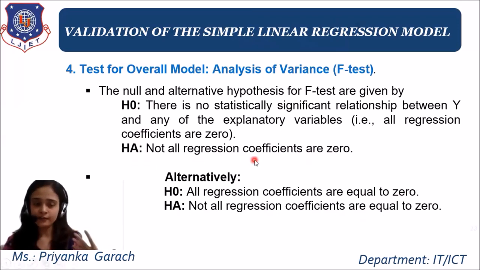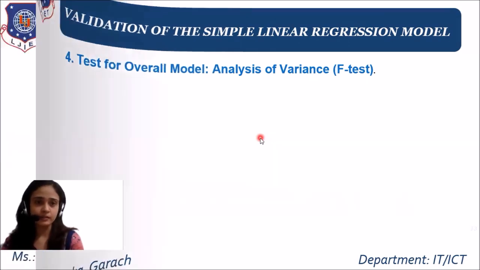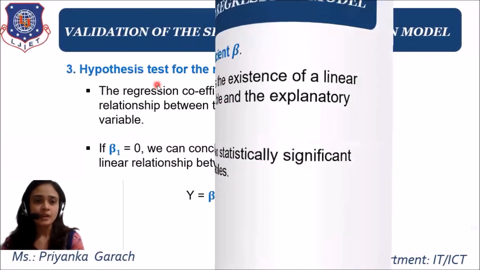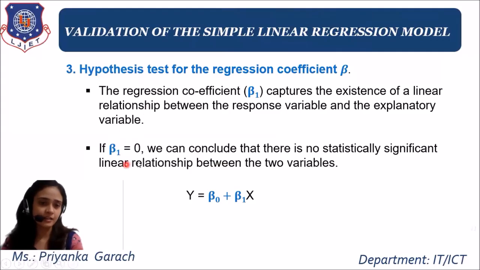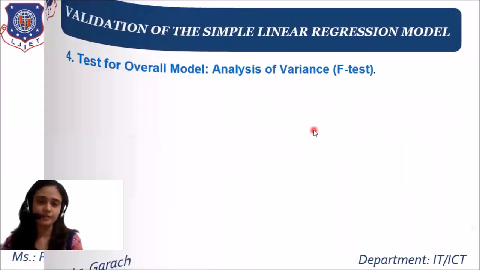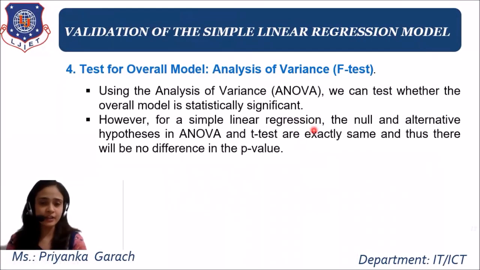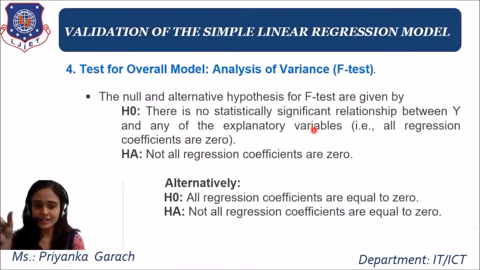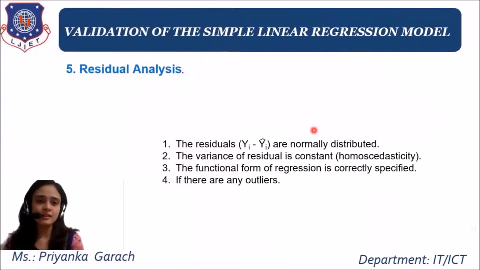So these are the different factors for validation. R square gives us the answer in terms of percentage, and the T test and F test give us the answer in terms of the null and the alternative hypothesis. The previous hypothesis test tells us about the beta 1 factor. So all the validations have different factors, and lastly they tell whether your model is a good one or a bad one.